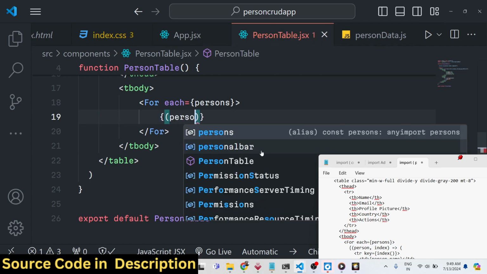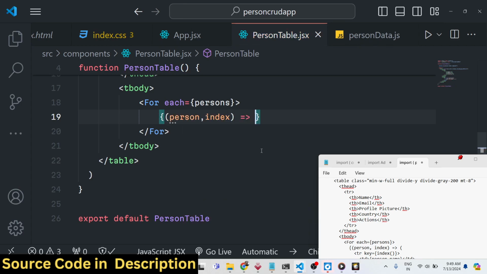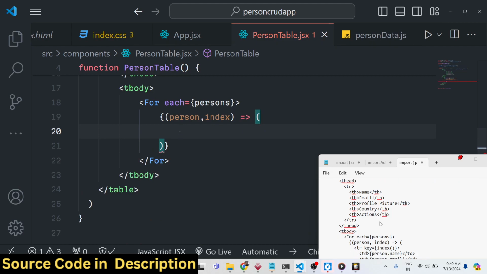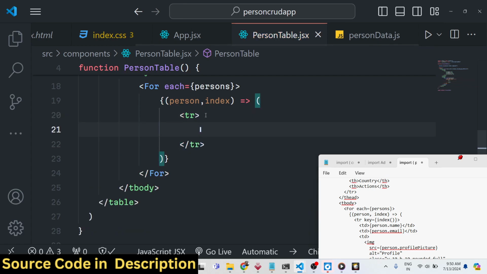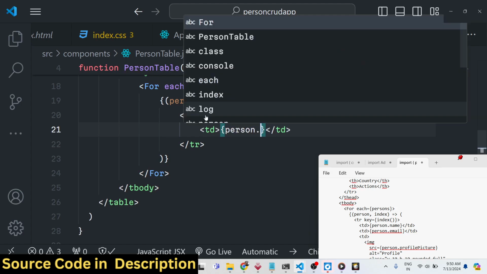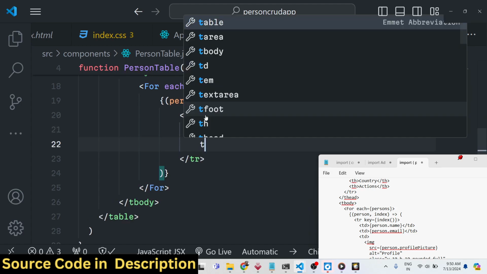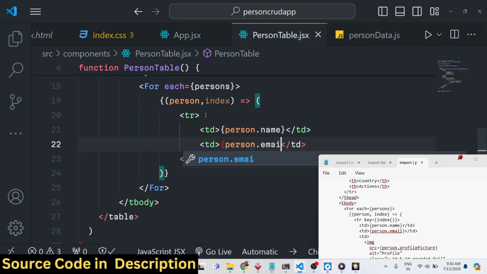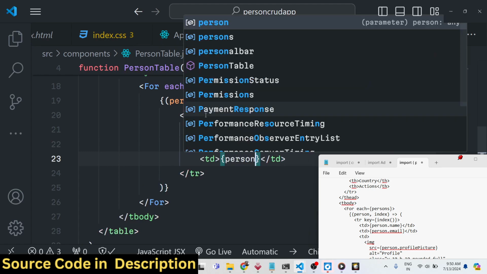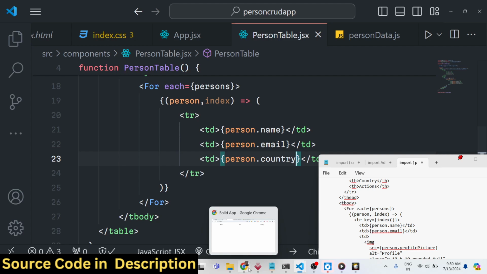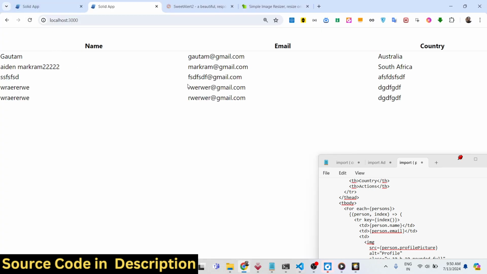Now, we have this person. For each person we will have the index variable, and this is similar to JSX. We have the loop right here, and we can loop through it with tr, and we can simply say here curly bracket, person.name like this, and then person.email like this. So very simple. This is all like React.js, person.country, that's all. So if you refresh, you will see that, guys,